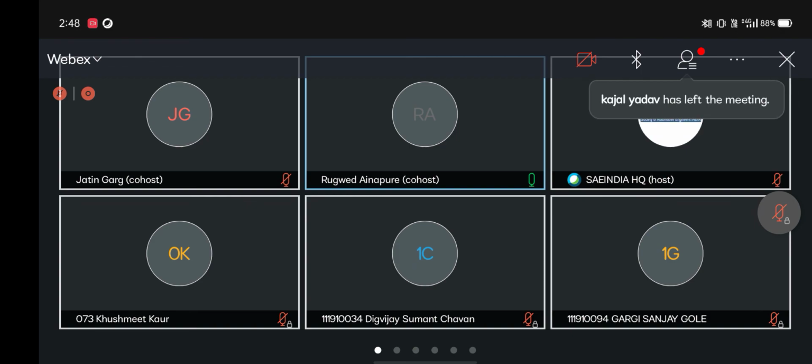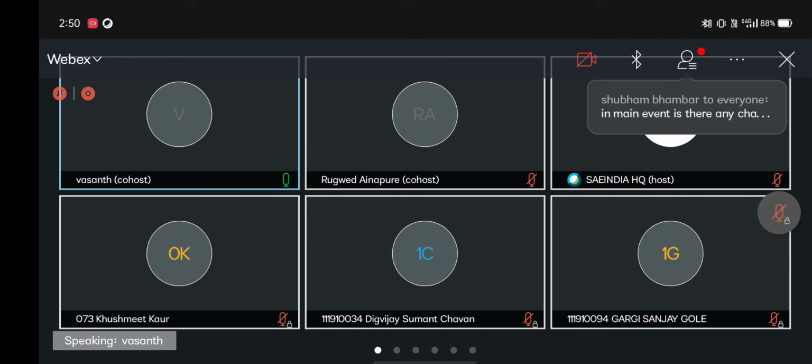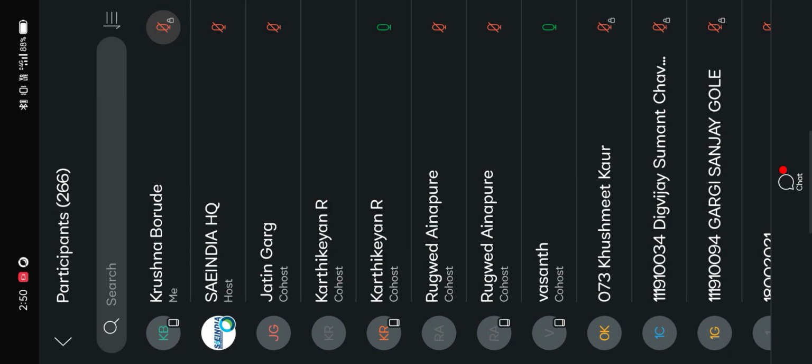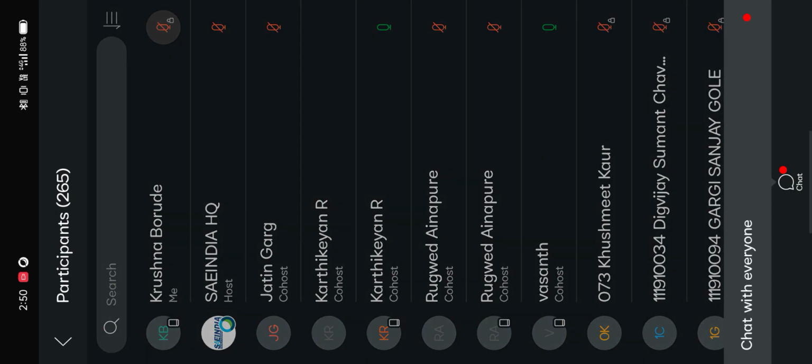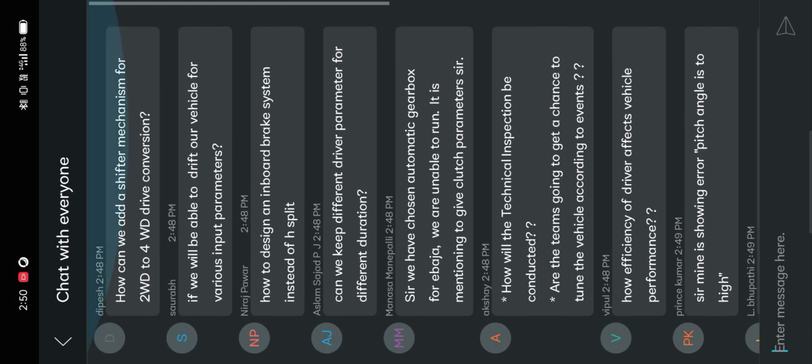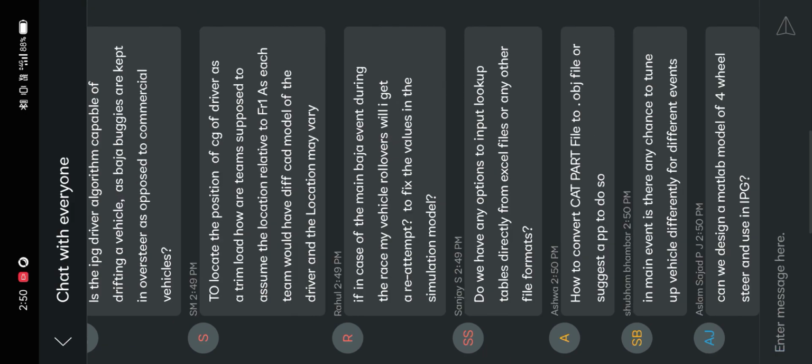A message from Saurabh: will you be able to drift a vehicle for various input parameters? Drift means drifting over the track, or can we keep different driver parameters for different durations?